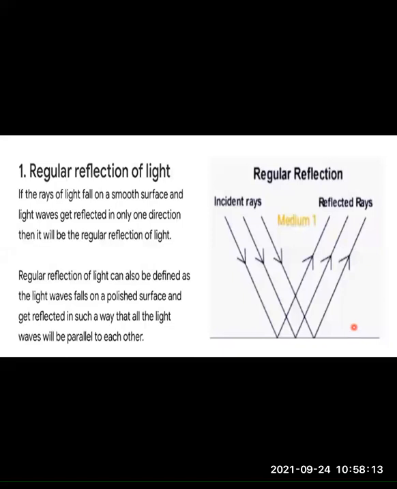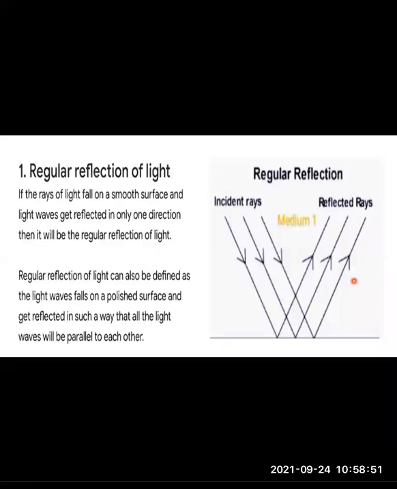So the rays that are approaching are the incident rays. Look at the angle at which the incident rays are inclined. They all are at the same angles. And when they hit the plane surface, they will be reflected. Definitely, they are again parallel to each other at the same angles. You can see each of the lines is parallel to each other. So whatever incident rays were there, they are being reflected at the same angle, and of course, they are parallel to each other.